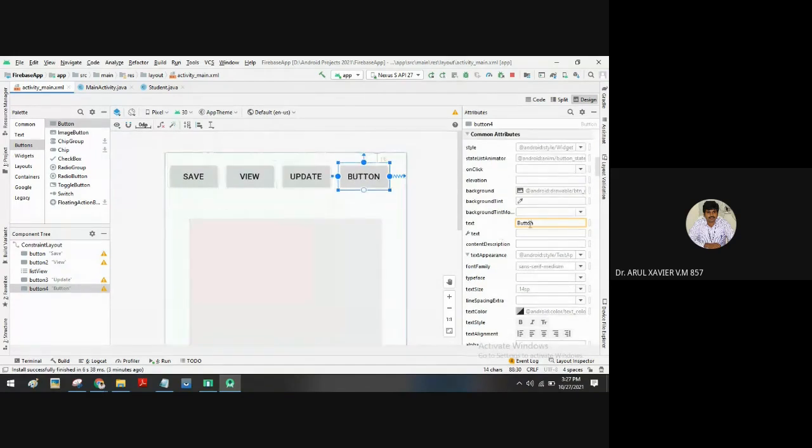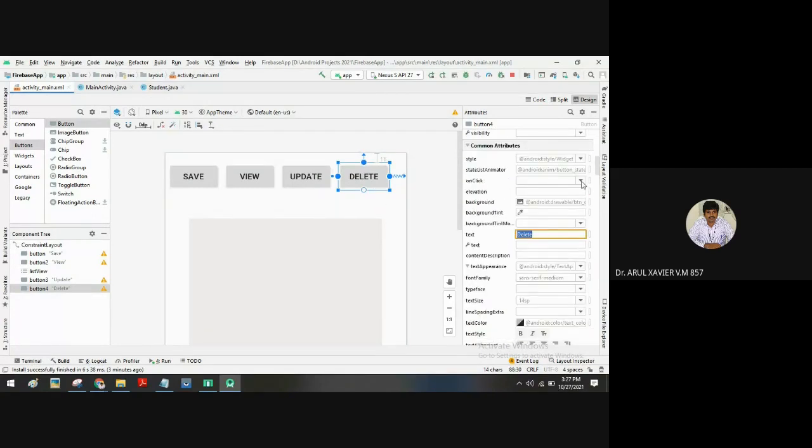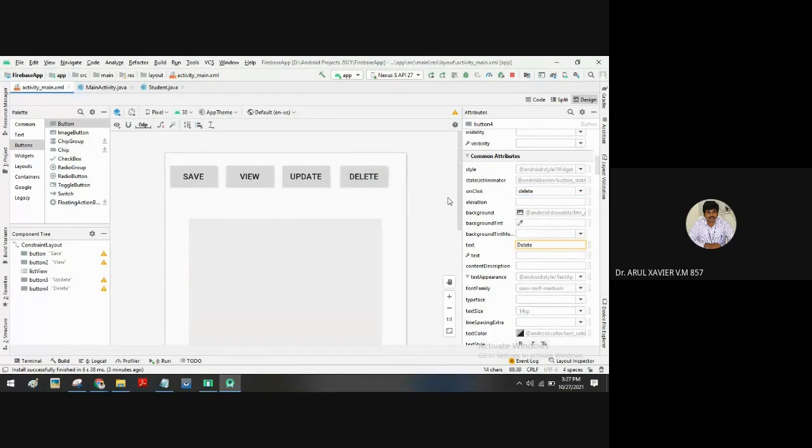Okay, so this button is for deletion. Okay, I want to delete. And this button I want to link to on click delete. So just click on click, the delete function is there, right? So link the delete function. Okay, so now I'll run again.